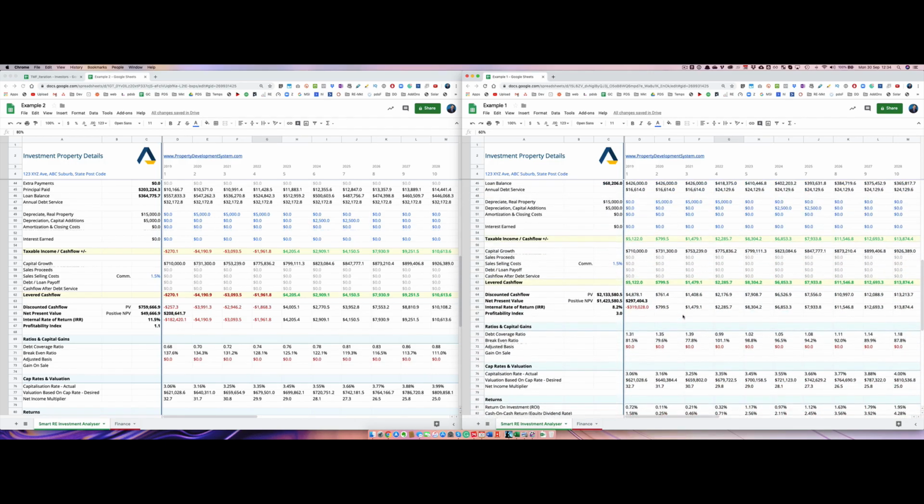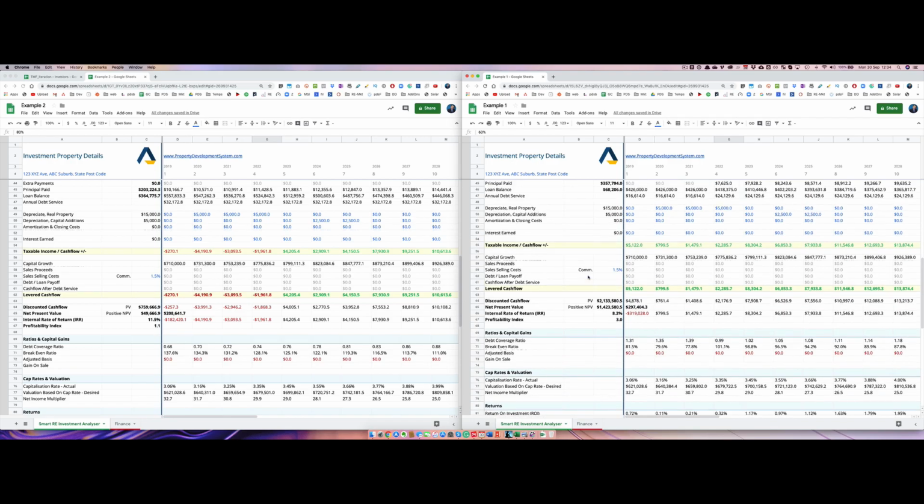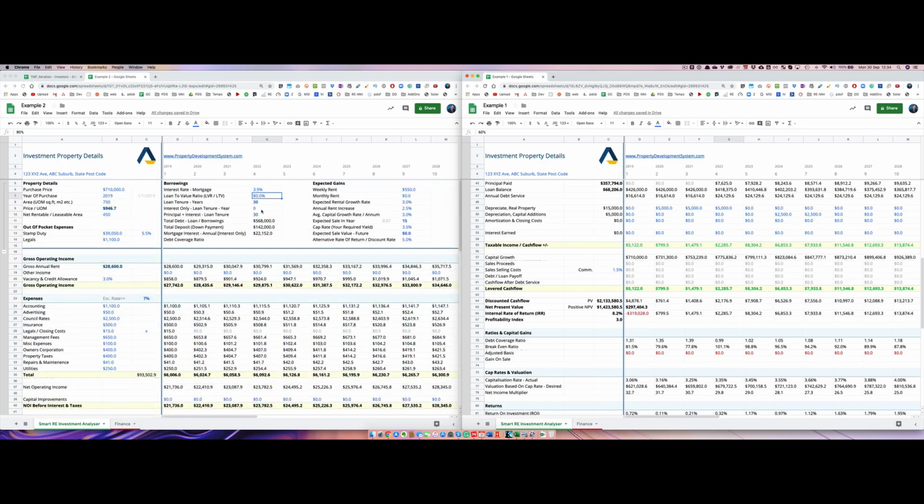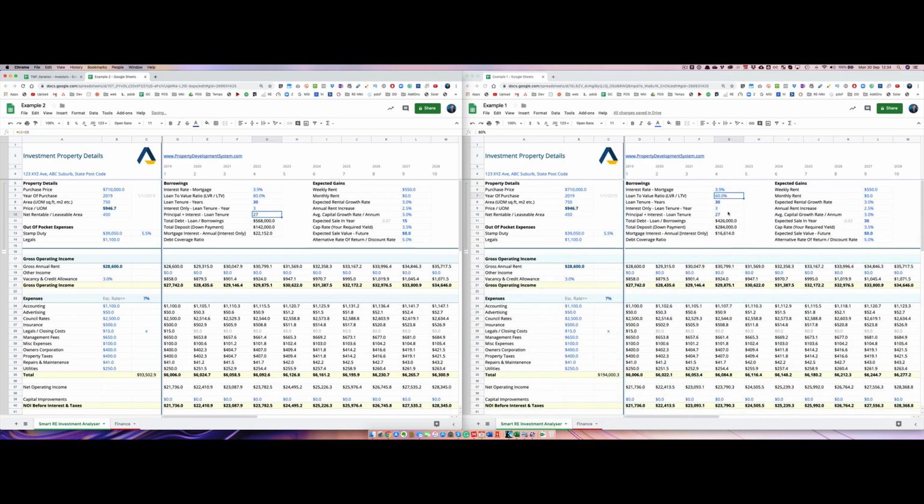But the main impact of that happens right here, in your cash flow, or the taxable income from that property. And you'll see that it will take almost 4 years, if everything else remains the same, for that property to actually start becoming positive. That is because, let's just kick that in, I've got an interest only loan for 3 years